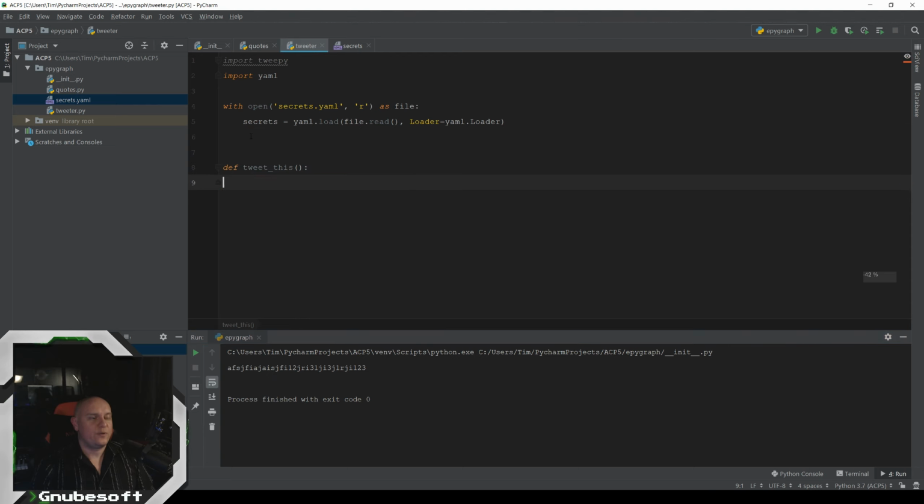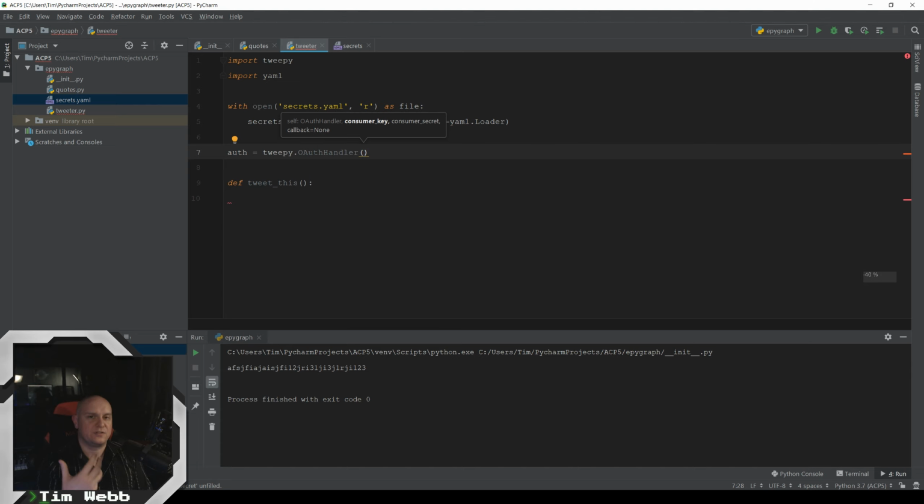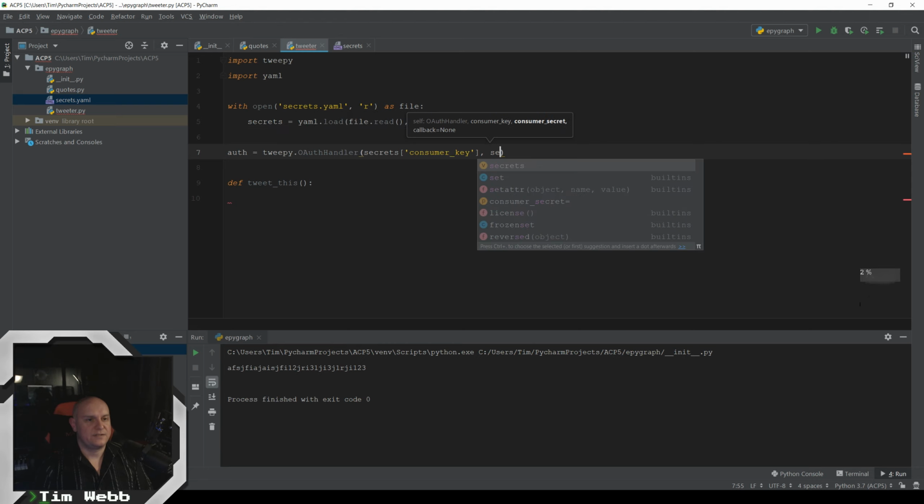So we got that working. Now we can load up the Twitter API with our secrets and stuff. To do that, we're going to need an authenticator. So we're going to do a Tweepy OAuth handler. And it's telling me I need to give this a consumer key. Twitter is going to expect a consumer key when it's doing this OAuth, which is something we'll probably deal with later. OAuth is a way for computers to talk to each other and authenticate one another. And we do that with API keys. And in this case, they call it the consumer key. So from our secrets, consumer key,